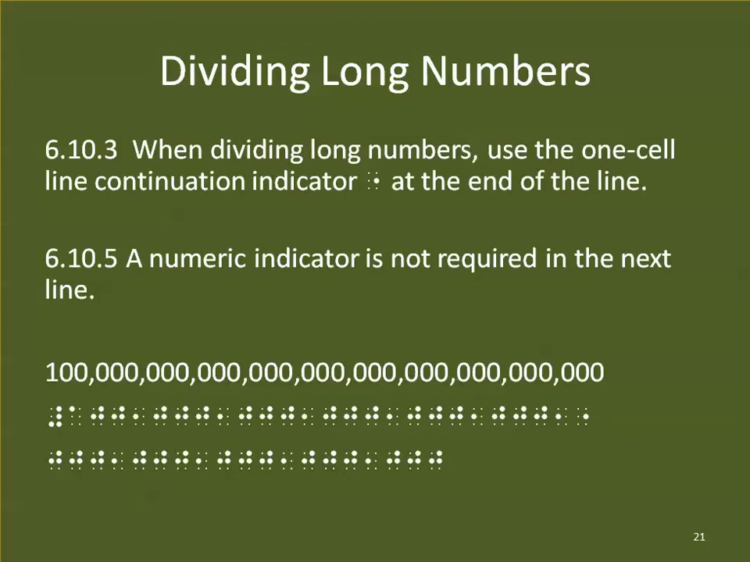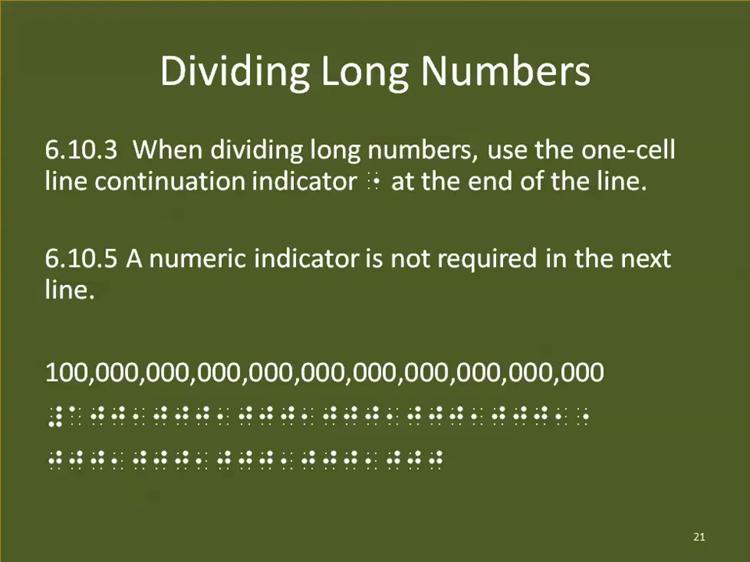When you are dividing long numbers, use the one cell line continuation indicator, .5, at the end of the line. That's a very long label for a single dot, but that's what it is, the one cell line continuation indicator. A numeric indicator is not required after that because you've already said to the reader, this number is continuing on